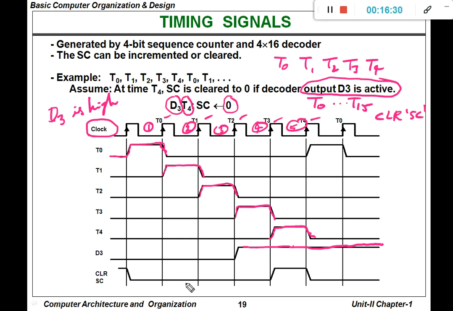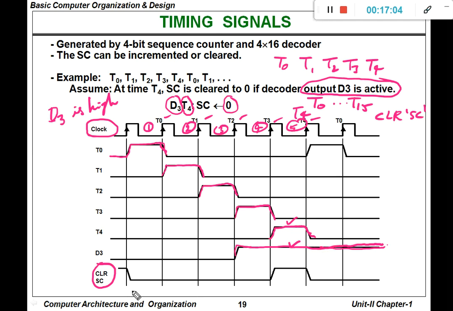Okay. So in which timing do we need to make SC 0? In timing T4, and when D3 is high. So this particular sequence line will represent D3 is high, and whenever D3 is high and T4, we need to perform the clear sequence counter.